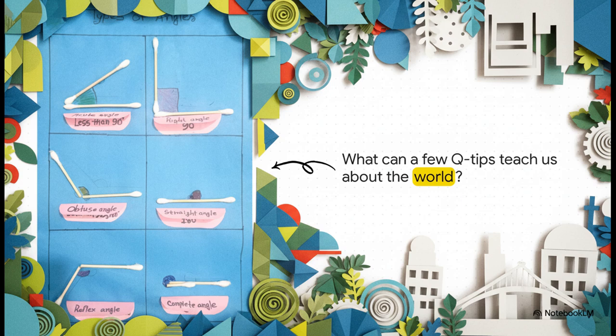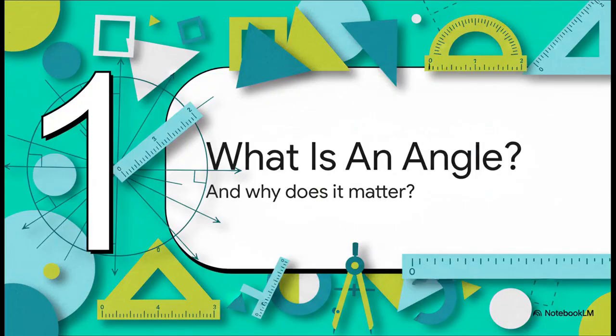I mean, at first glance, yeah, it's just some Q-tips arranged on blue paper. But what if I told you that these simple shapes are kind of like a secret language? It's the language behind architecture, art, even nature itself. So what can a few Q-tips teach us about the world? Well, let's find out. So before we jump into all the different types of angles you see here, we have